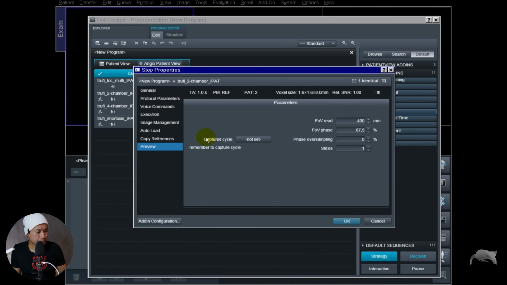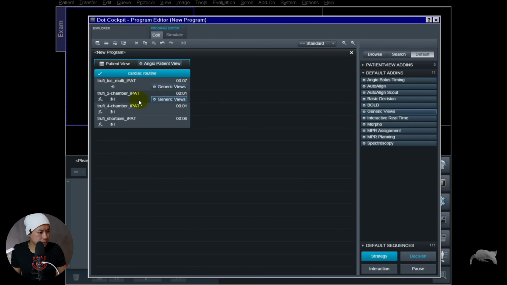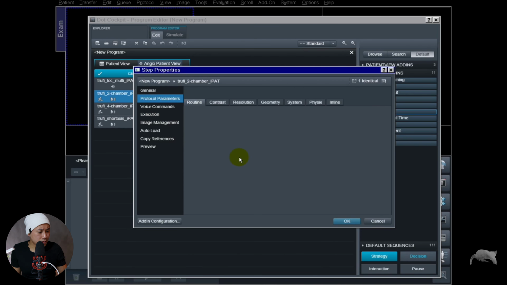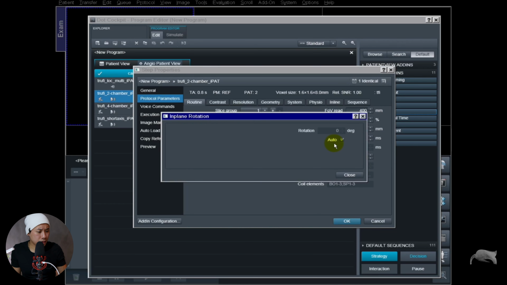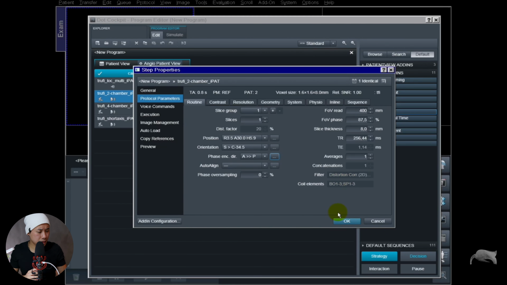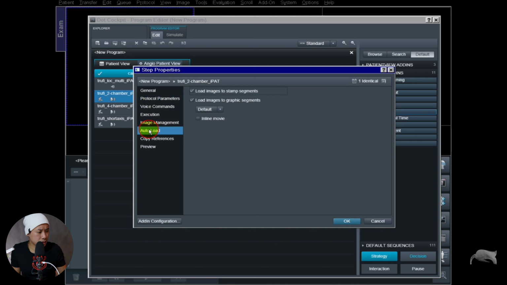So I open this one. You can see whenever I open it, it will pop up like this. The parameters are not overwhelming, right? I'm pretty much happy with that one as well. So I open this sequence, and what I told you, just turn it off. It's just directly from a Siemens sequence. And then I also connect it to